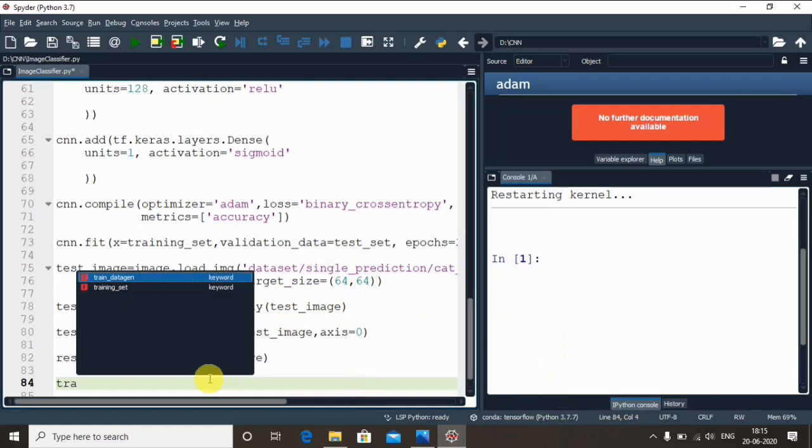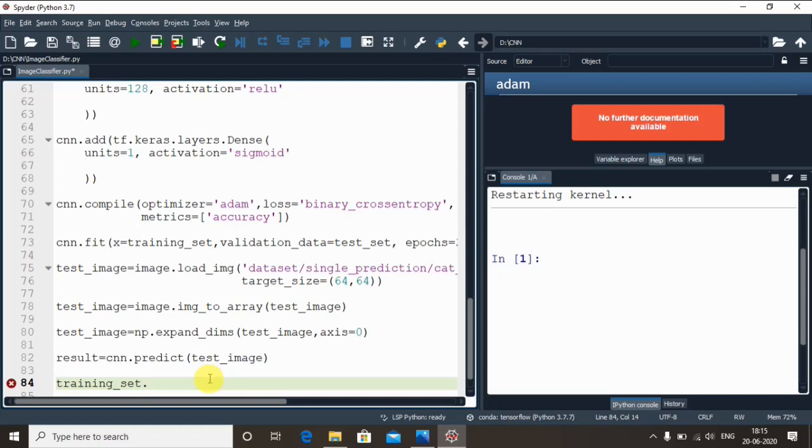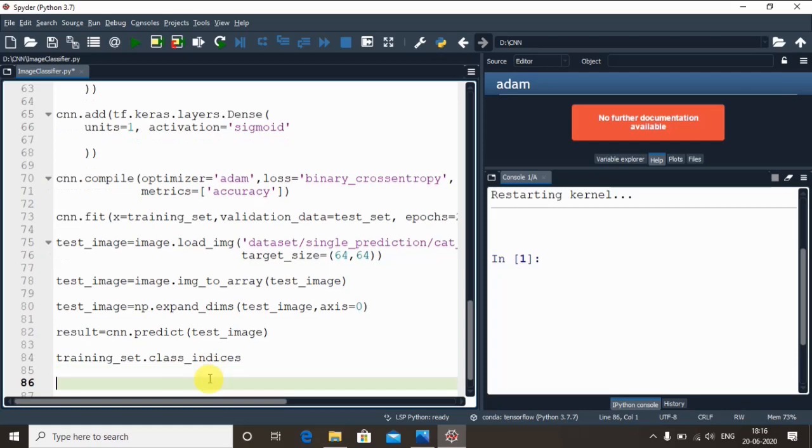So I do it using training_set.class_indices. Okay, this is what I do, right? If you try to print this, you will get the indices, whether dog corresponds to 0 or 1 or cat corresponds to 0 or 1. So to display the output in the end, we will have to use some if conditions. So that is what I am going to write now.